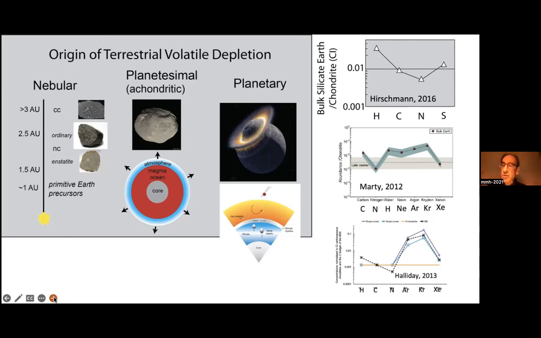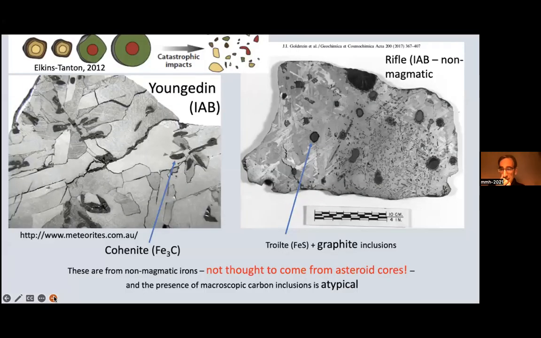When we have small bodies, kilometer to hundreds of kilometer diameter bodies, there's chemical processing that loses volatiles. How are we going to learn about that? Iron meteorites may not be the obvious place to look, but they are in fact an interesting place to look. These are actually not characteristic iron meteorites, but the carbon and the sulfur in them are quite photogenic because they have these big macroscopic segregations. Most of the iron meteorites that we're interested in don't have that. But indeed, iron meteorites have measurable carbon and sulfur in them.